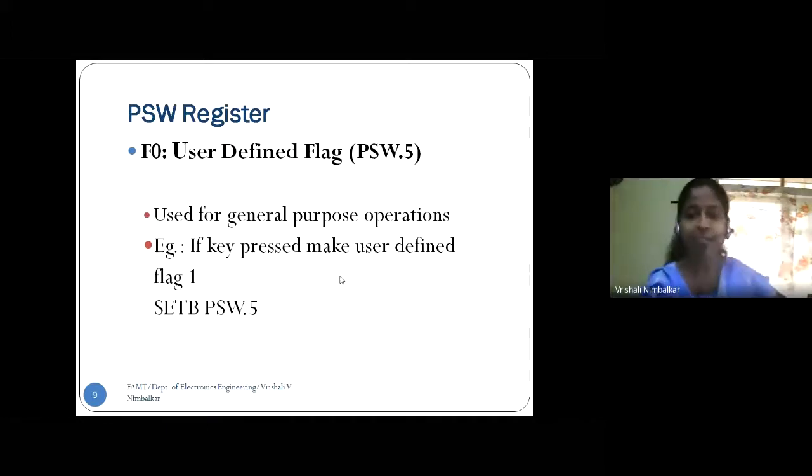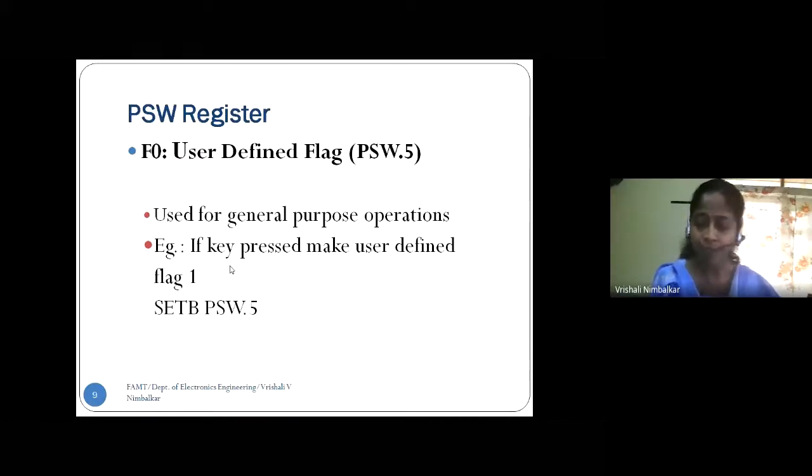To get these indications, I can make use of this 1-bit flag. Right? See, an example is given here. Suppose I am interfacing one push button key to a microcontroller. Push button is what? You press the button and immediately you release it. When you press the button, suppose logic 1 appears on the pin, and when you release the button, logic 0 appears on the pin. Is that okay?